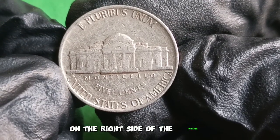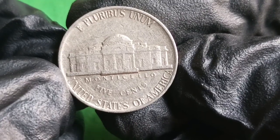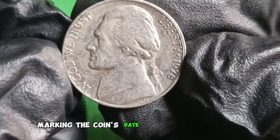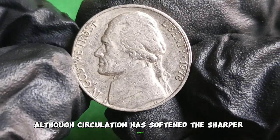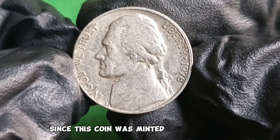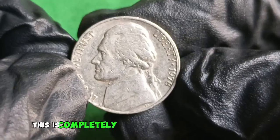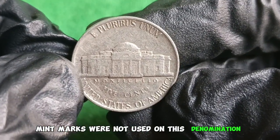On the right side of the obverse, you can see the word "Liberty" written in Jefferson-style script. Next to it is the year 1978, marking the coin's date. Both elements remain readable, although circulation has softened the sharper lines. Since this coin was minted in Philadelphia, you won't see any mint mark beside the date. This is completely normal for nickels from this era, as Philadelphia mint marks were not used on this denomination until